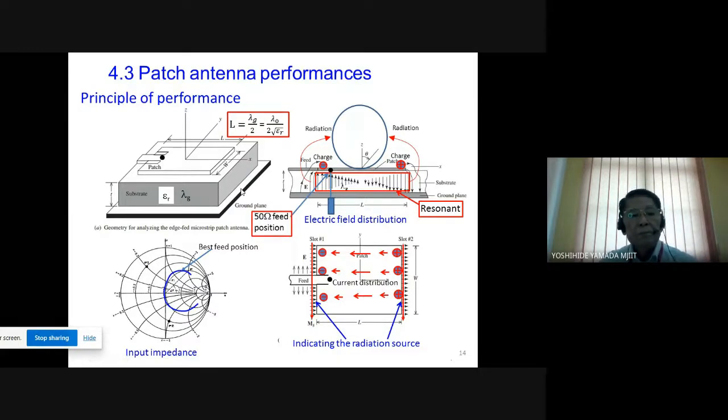So by achieving this condition and producing resonance and a 50 ohm feed, this antenna works well. So the radiation is effectively from the opening side, and to achieve a sufficient radiation pattern,